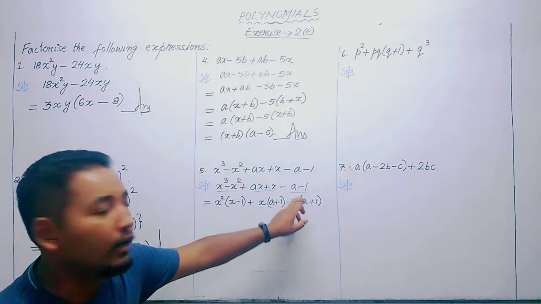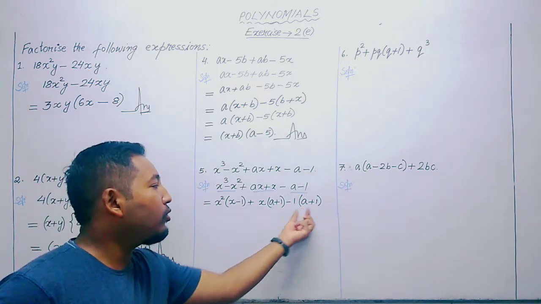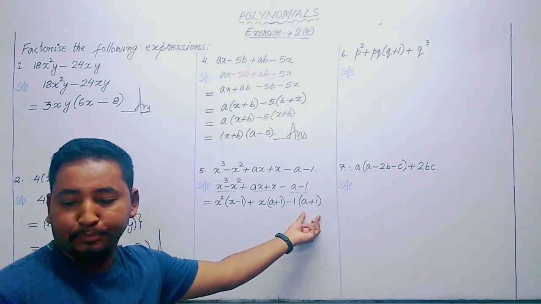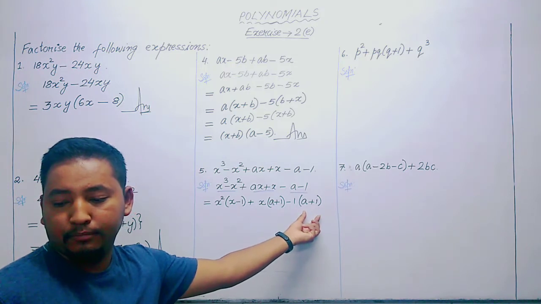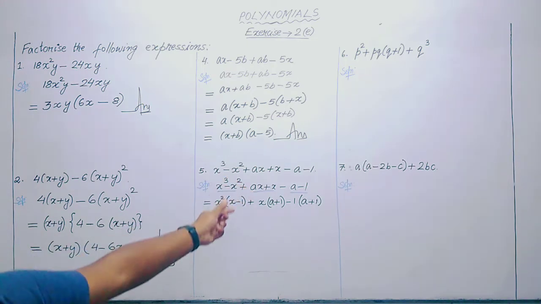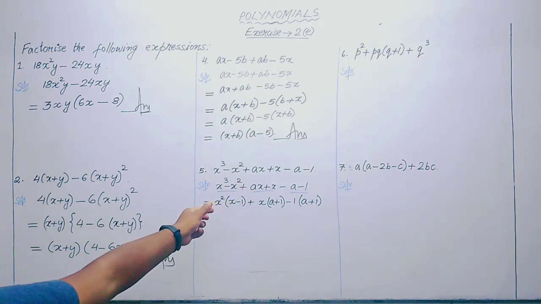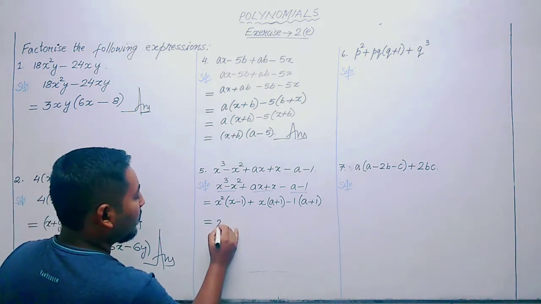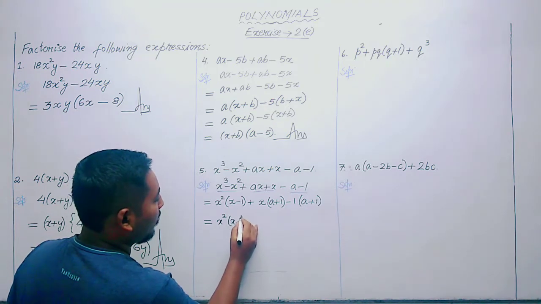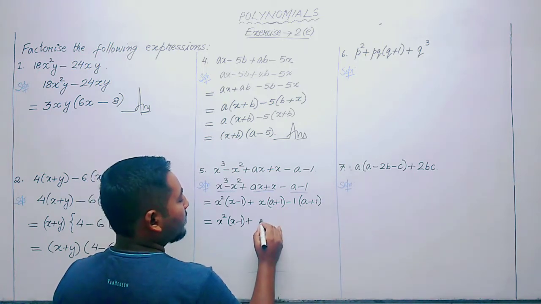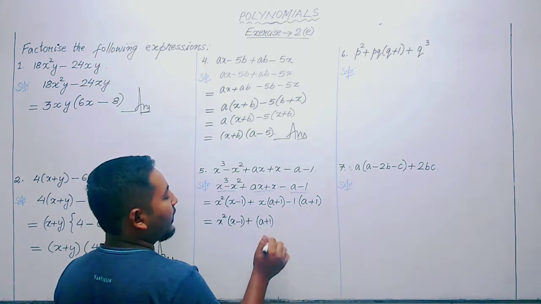Now what do you observe here? We observe that this and this are also common now. Now what do we do here? Write down this one as it is, x minus 1 plus. Now from these two, what is common? A plus 1, a plus 1. Take out a plus 1 outside. What is remaining now? X